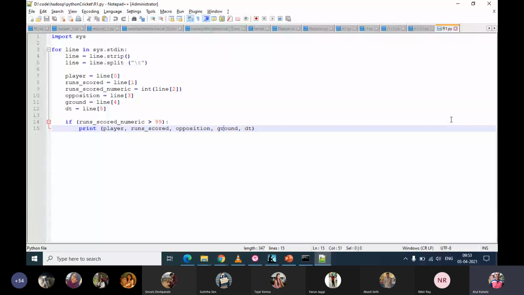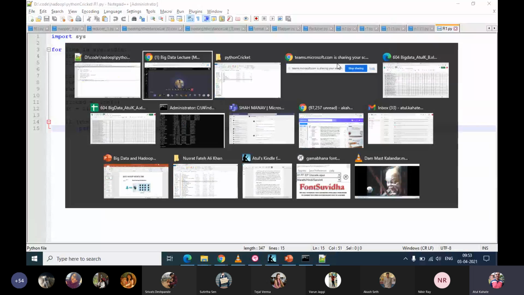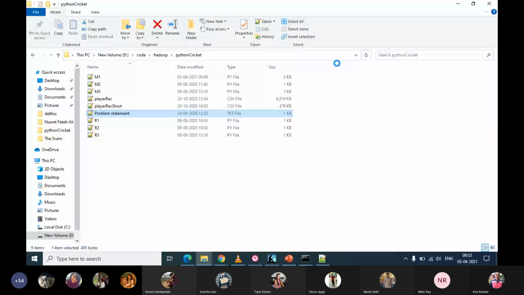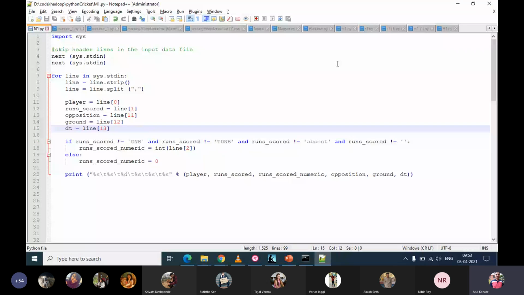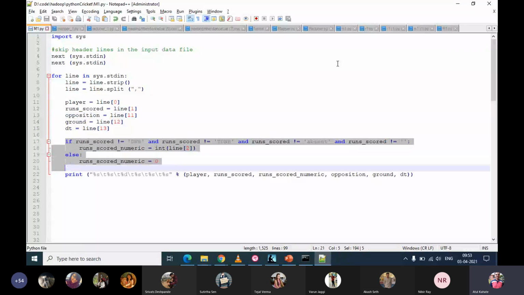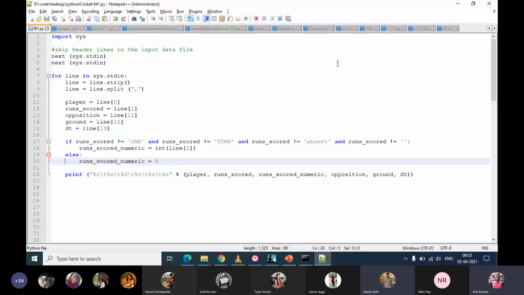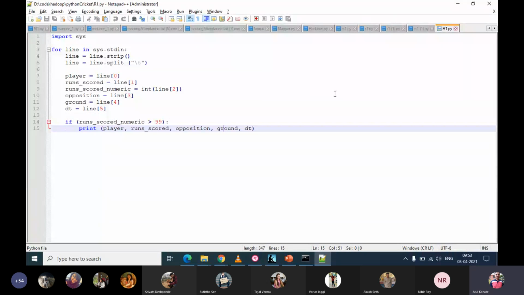Even in the mapper code, just open it once again. In the mapper code, we are simply checking within the code for all these conditions. So we are not relying on any outside sorting or logic. The same is the case with the reducer.